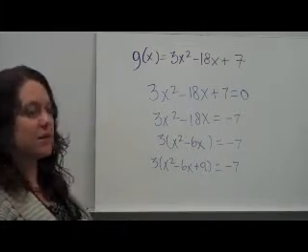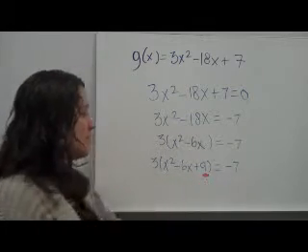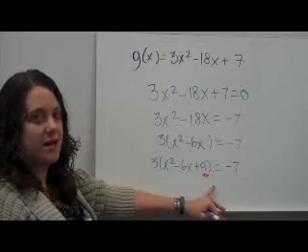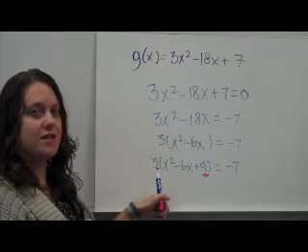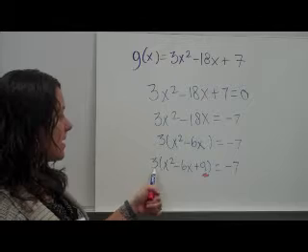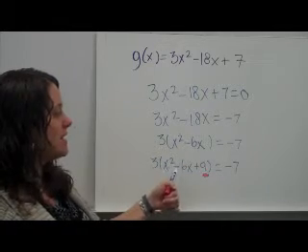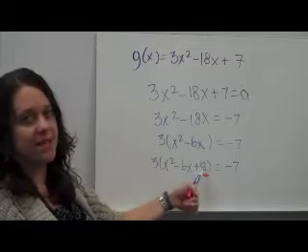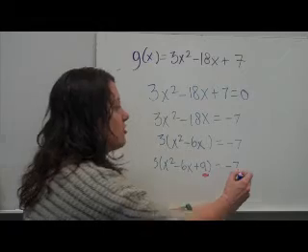So here's where it gets a little tricky. I just added a 9 here, but it's not like I just added a 9. I put a 9 in here, but there's a 3 out here. So what I actually added was 3 times 9, because if I distribute this, it's 3x squared minus 18x plus 27. So on this side, I just added 27. So I need to add 27